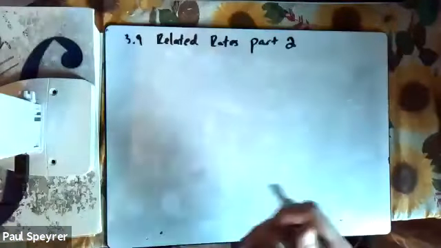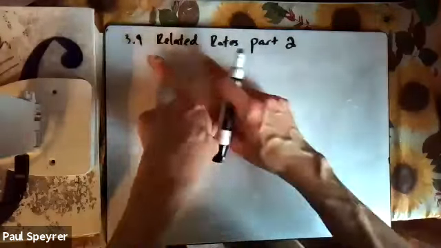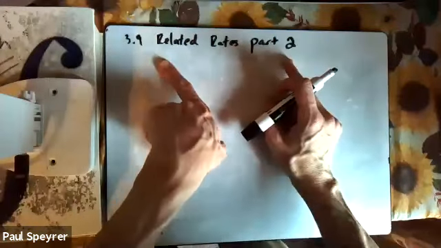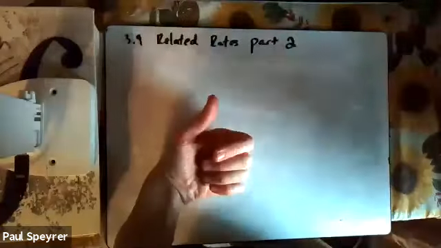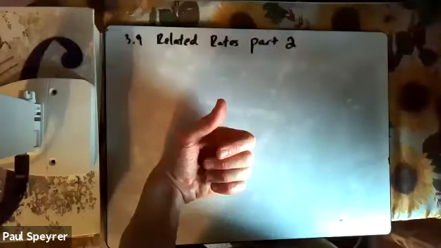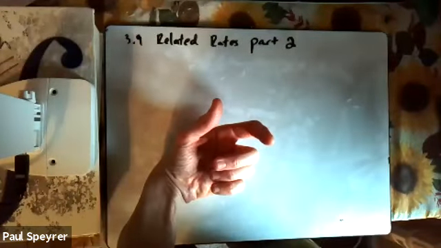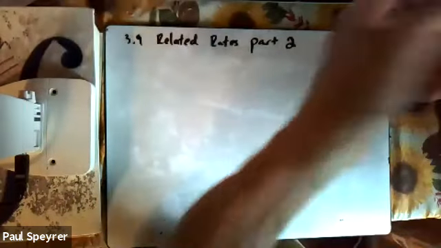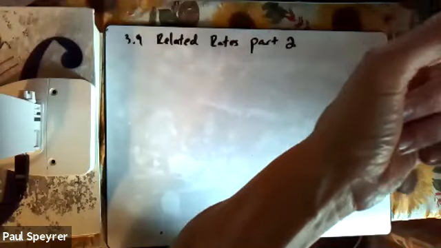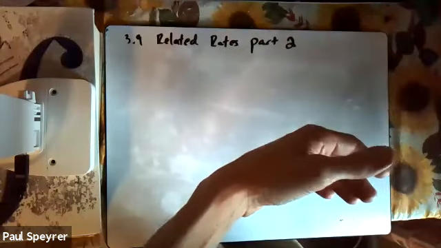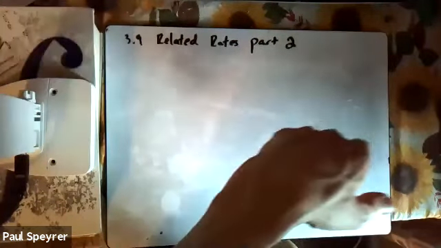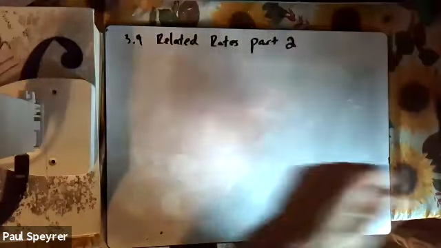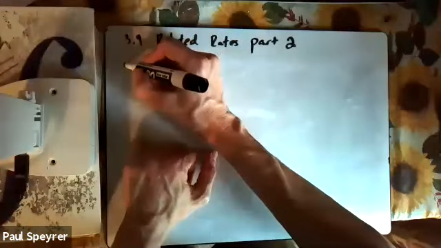Now, continuing on with 3.9, this is 3.9 related rates part 2. Remember the first part, I worked questions 1 through 4 from that handout. Remember that handout, there's a link for it, right? You can download it. The link to download should be right next to these video lecture files. It's also found on the Files tab within Canvas, but we're going to go right to number